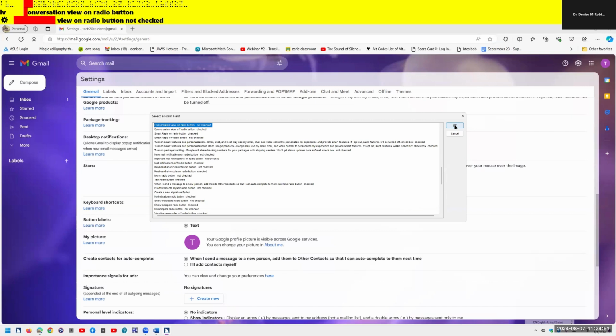I've had one who actually wants it on. But she has learned the commands to quickly navigate around that. But it's not just screen reader users, it's sighted users too. So anyway, conversation view off radio button checked. 51. And you're just going to go down arrow, you're going to hit enter, and you're going to enter and